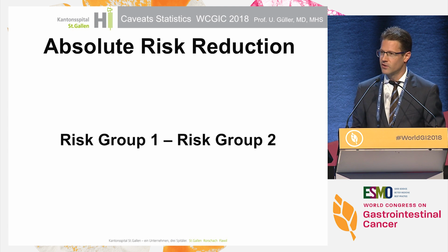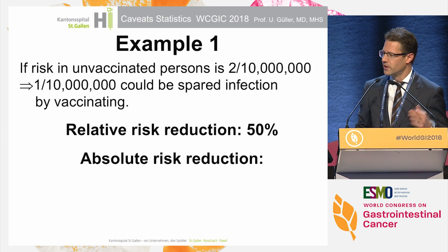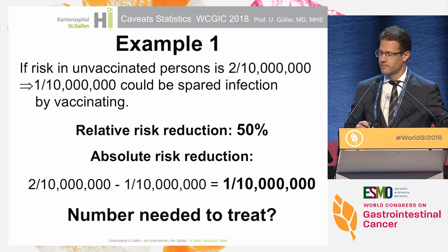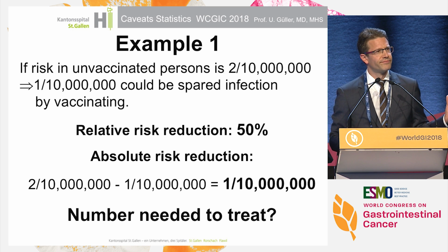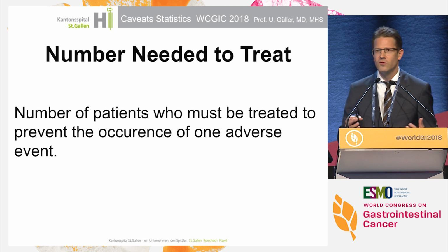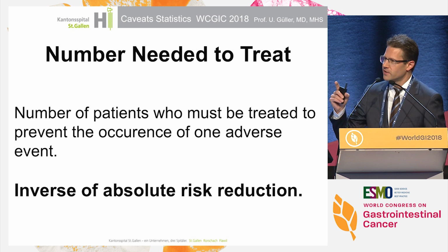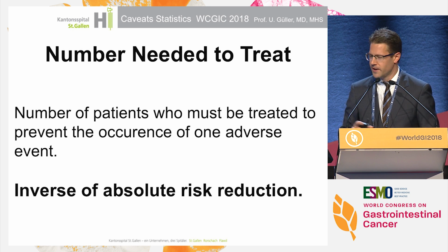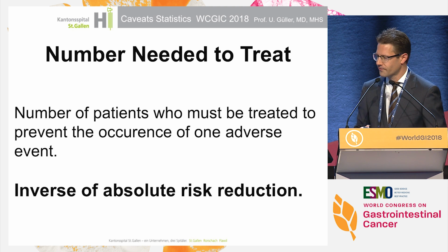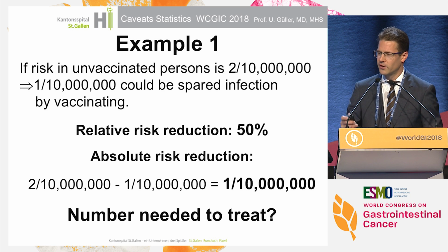You'll get all these slides, you don't need to take notes. So the absolute risk reduction in this example is 2 out of 10 million minus 1 out of 10 million. It's 1 out of 10 million. And what is the number needed to treat? Well, the number needed to treat, this is the number of patients who must be treated to prevent one adverse event. And this is the beauty, this is the most important slide I'm going to show this morning. The number needed to treat is the inverse of the absolute risk reduction. So in this example, you take the inverse of the absolute risk reduction, and it's